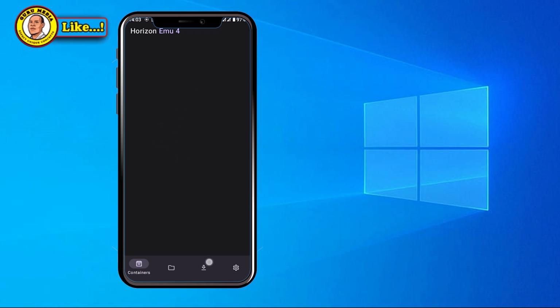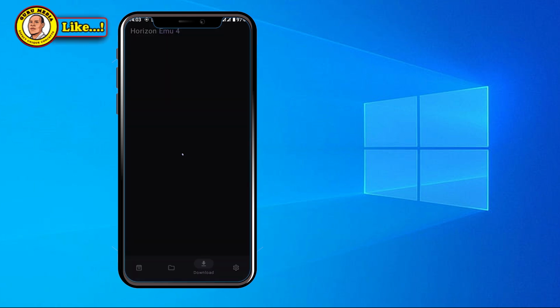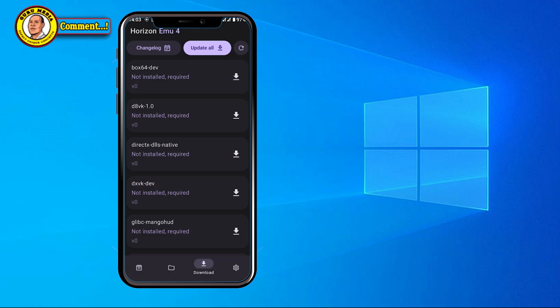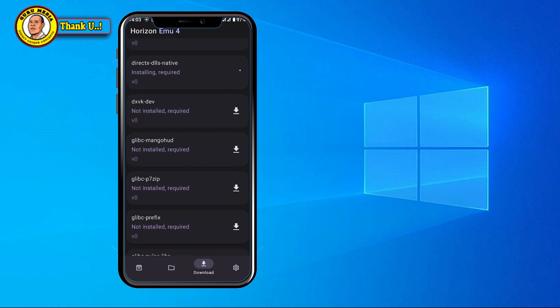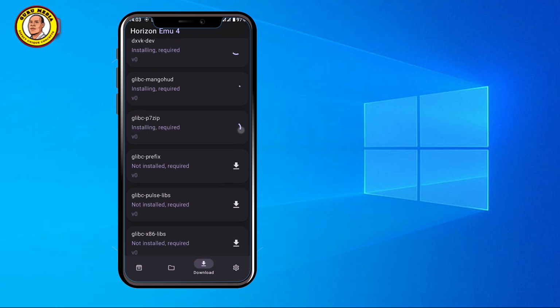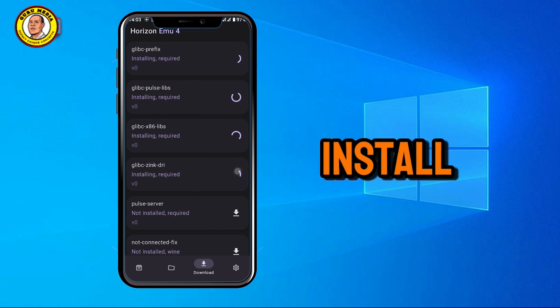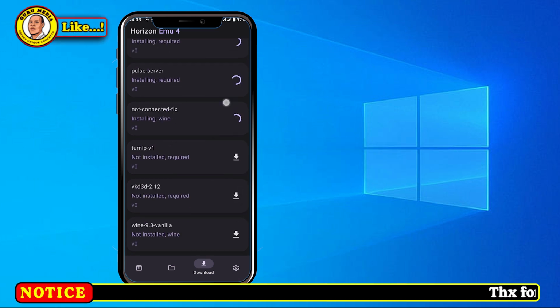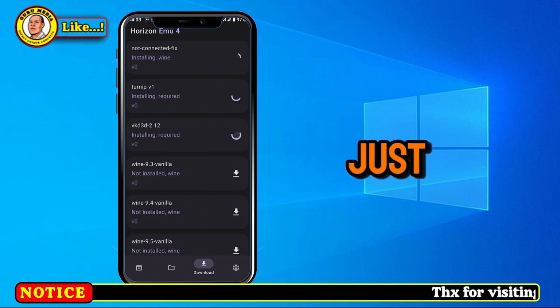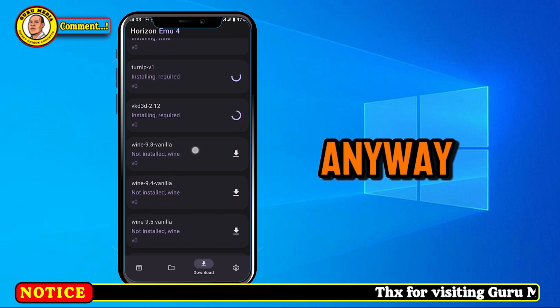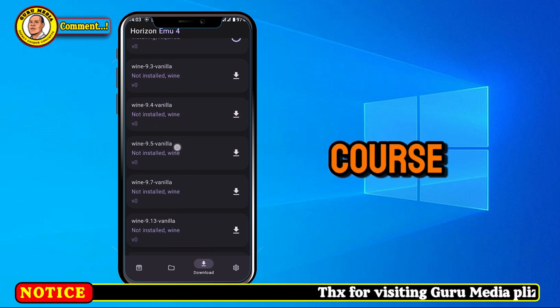Now what you do is tap this download here. You tap this download. We are going to download some repositories as you see them here. You tap on this one, download this one, download this, download this, and you download this one. You download this one, download this, this. You tap on them, and when we reach this wine, leave this one and leave this wine, leave